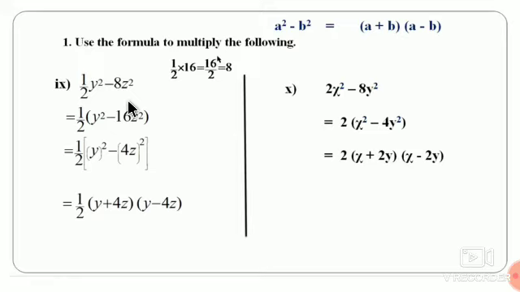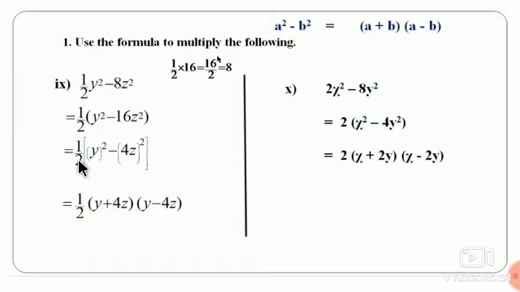So when we divide by a fraction, recall the rules of division of fractions. We have to write the reciprocal of it. Means 1 upon 2, reciprocal of it is 2 upon 1. So 8 multiplied by 2 upon 1. 8 2s are 16 will come here. Then only we can find the common from it. So y square minus 16z square.